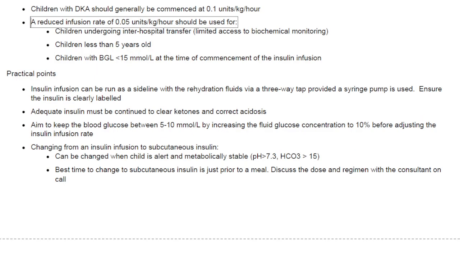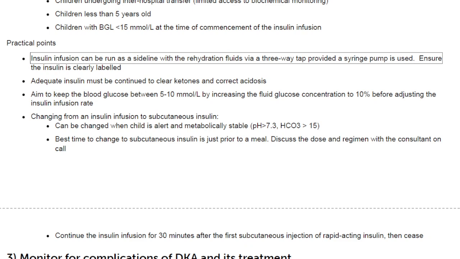A reduced infusion rate of 0.05 units/kg/hour should be used for children undergoing inter-hospital transfer with limited access to biochemical monitoring, children less than 5 years old, and children with BGL less than 15 mmol/L at the time of commencement of the insulin infusion. Practical points. Insulin infusion can be run as a sideline with the rehydration fluids via a 3-way tap